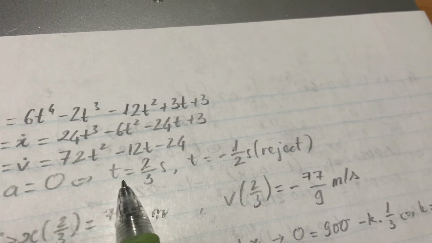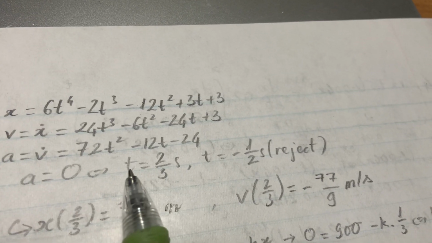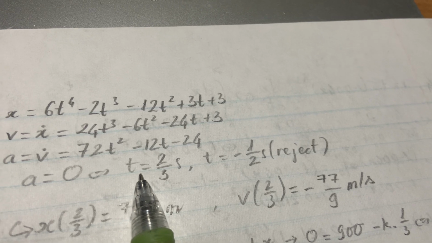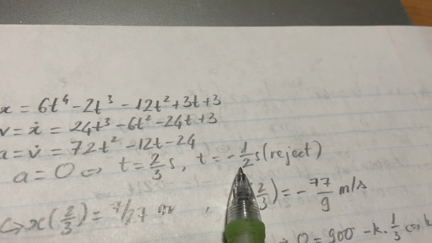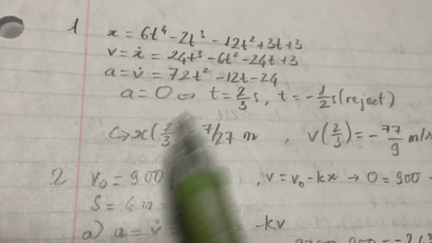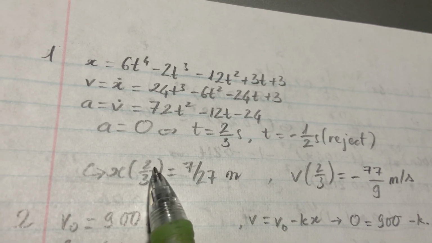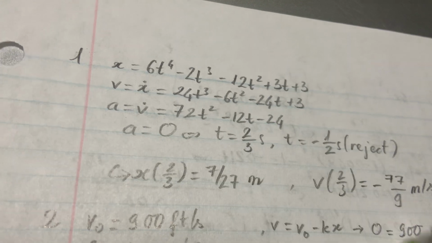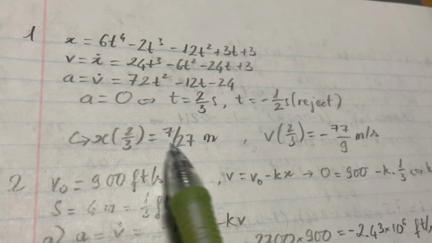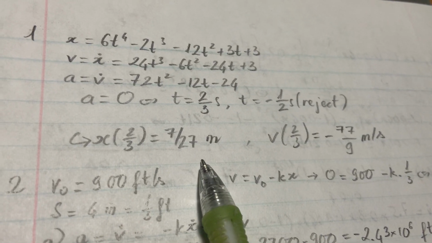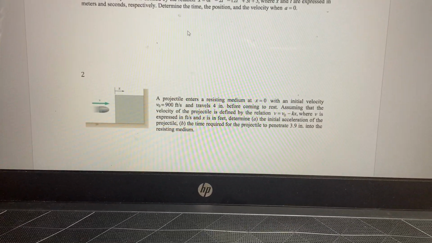So we're going to have two values of t. We know that the time has to be positive, so this one is going to be rejected. Next, we substitute the t value into s and v. So we're going to have the solution. The next one,